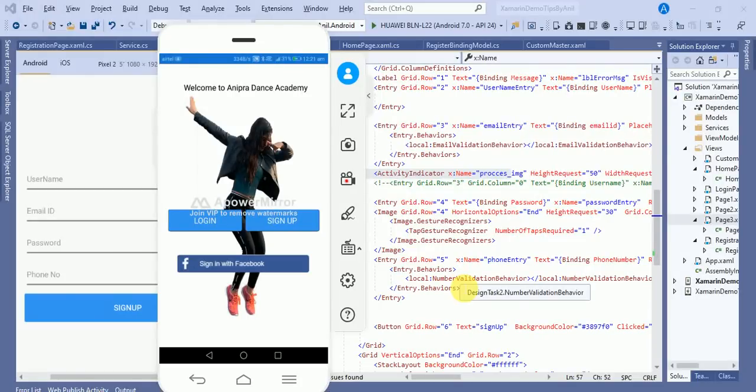In this video, we will learn how we can register a user using the Xamarin Forms tutorial. In this tutorial, we have already created a registration form in my previous video. If you didn't watch my previous video, then before proceeding, watch it first.